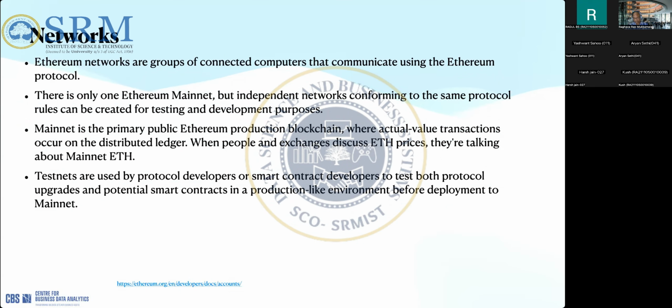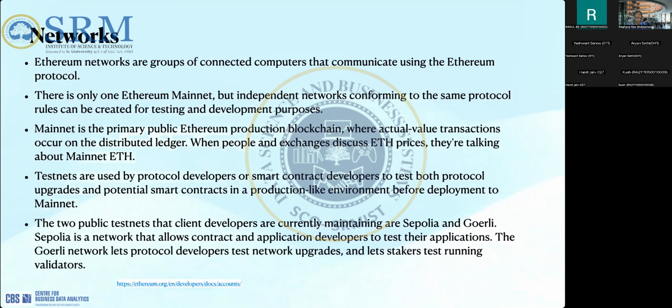Similar to software development, where we have the production environment, where the actual system is running and the actual code is deployed, and you have the staging or test environment, where you put your components and test the integration, the integration tests, the unit testing and other kinds of things. Similar to that, even Ethereum has some test networks. There are two of them. One is Sepolia and the other one is Goerli.